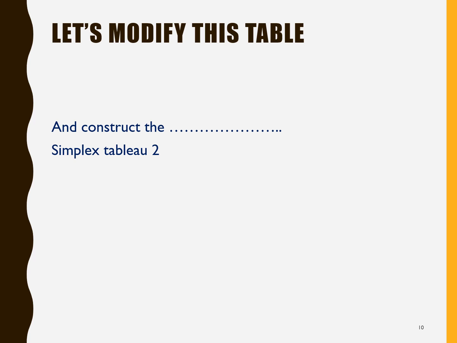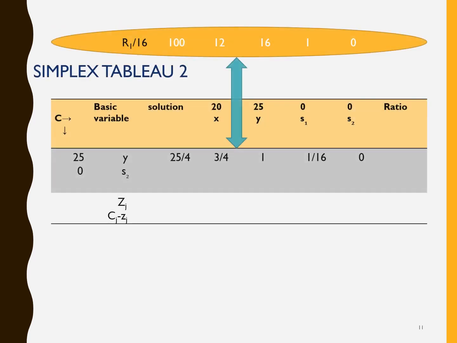Let's construct the simplex table 2. How to do this? Just recall the table 1 and the first row. The first row there happened to be 100, 12, 16, 1 and 0, and we have to make the key element of the table 1, that was 16, as 1. So in order to make this one, we do one thing that is uniform for the entire row, and the exercise is just to divide the entire row, the respective elements, by 16.